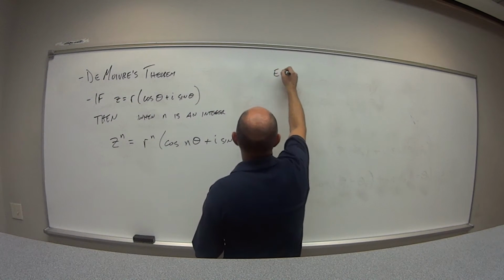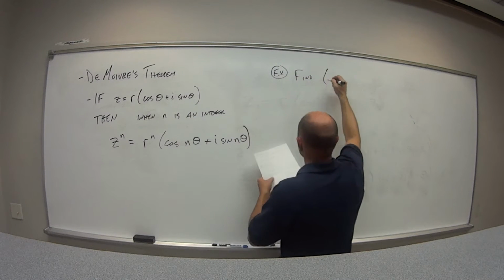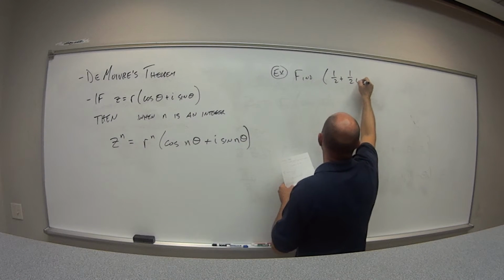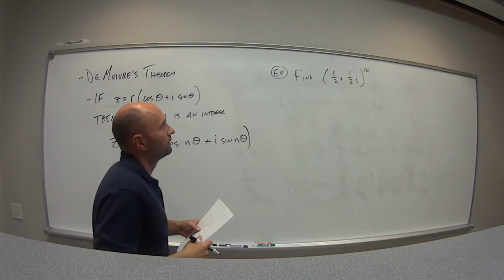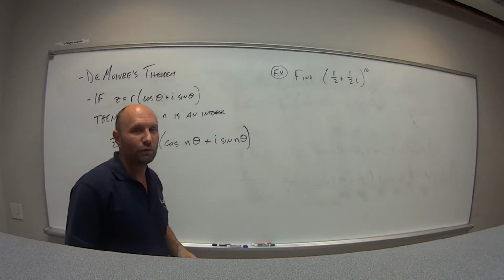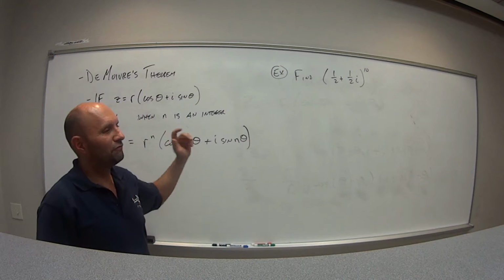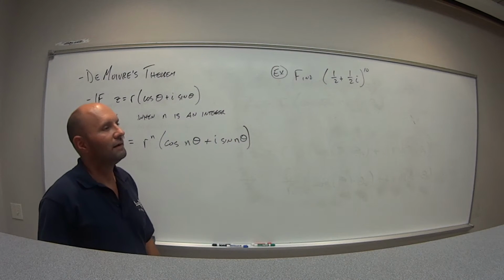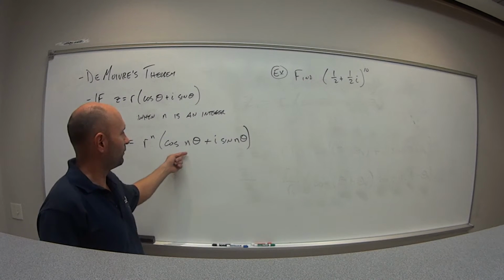As an example, let's say we want to find 1/2 plus 1/2 i to the 10th power. You could sit here and try to FOIL this out, and I've seen people do it on final exams because they don't memorize DeMoivre's Theorem, and they have no choice but to multiply this thing out over and over and over. Very unlikely you're going to get to the end without making a mistake at some point, whereas with DeMoivre's Theorem